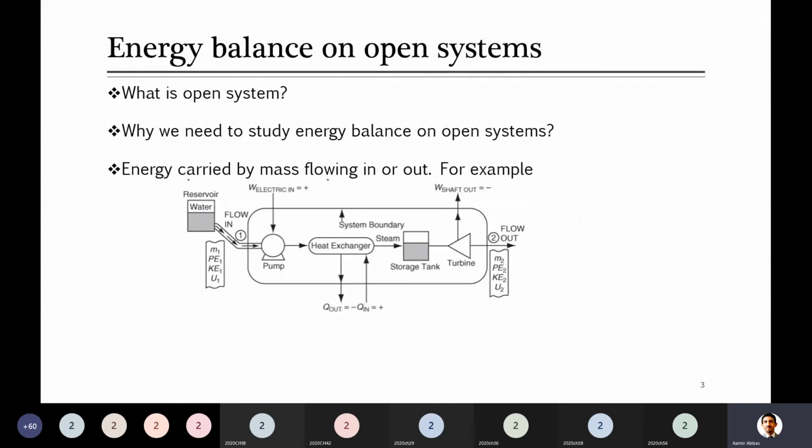Let's look at this. For example, the boundary which he has drawn here is our system boundary. Although it is drawn as a solid boundary, it is a system boundary somewhere outside this. Inside the system boundary there are a lot of main components, but for a moment we can ignore them. Overall, at position 1 some fluid is getting in, and that fluid is water from a reservoir. There will be a tank, and from that tank water is flowing into this system through the system boundary.